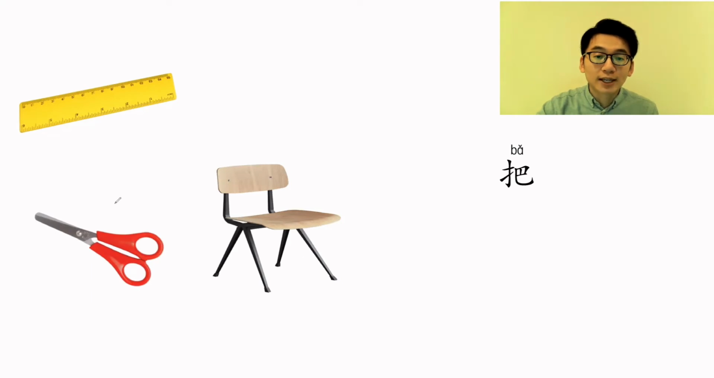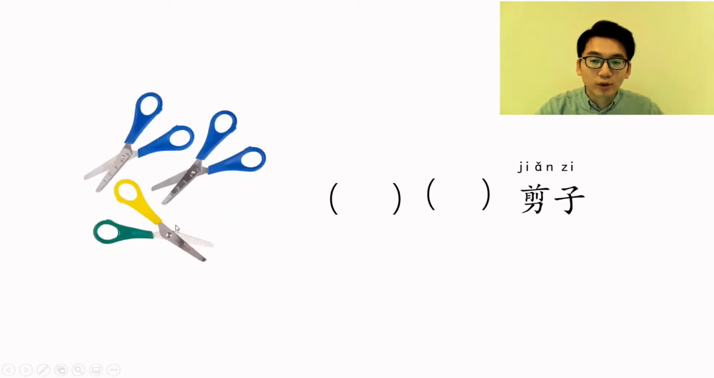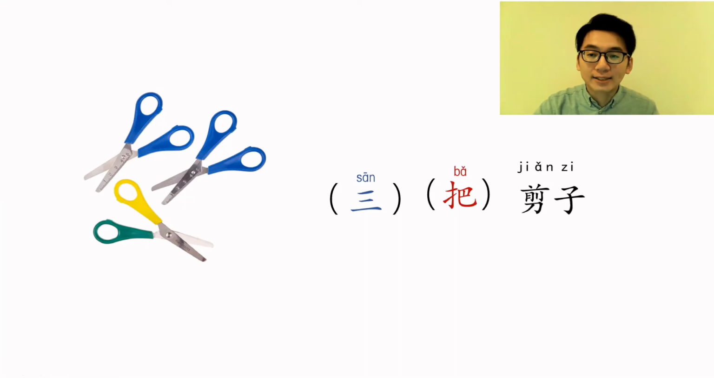What about a pair of scissors? A pair of scissors in Mandarin is 一把剪子。跟我读一把剪子。非常好。And how to say a chair? A chair is 一把椅子。非常好。Now, can you tell me how many scissors do we have? Let's count. 一、二、三。So we have 三。The measure word is 把。So 3 pairs of scissors is 三把剪子。